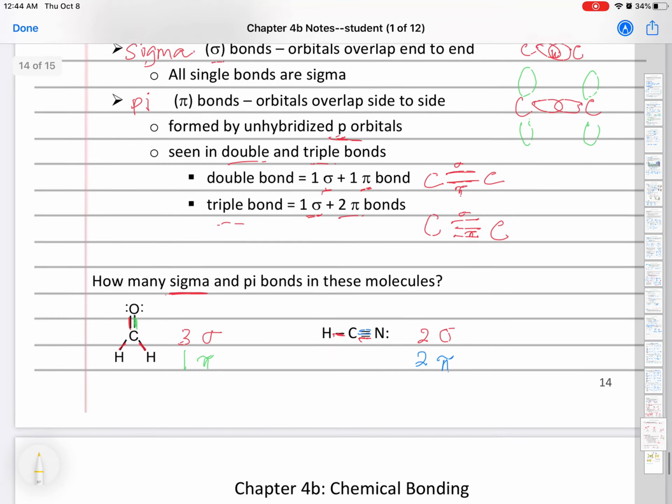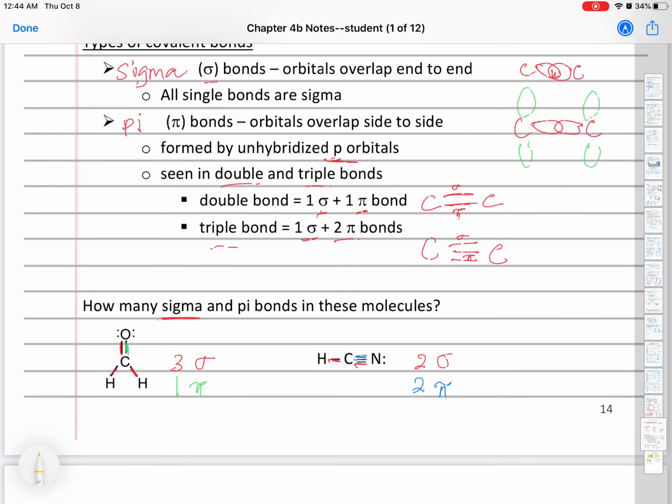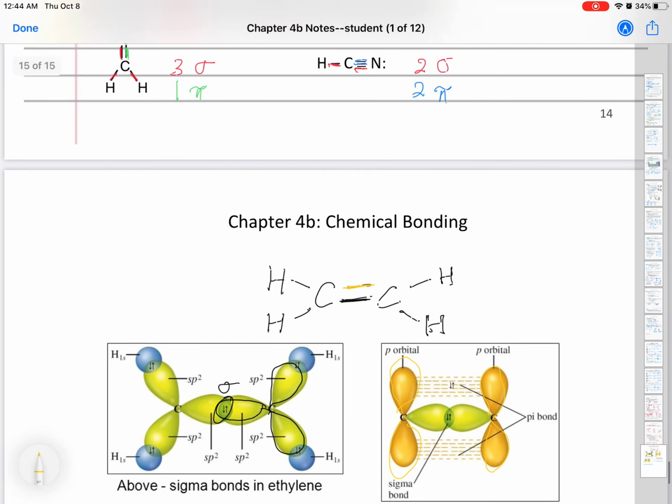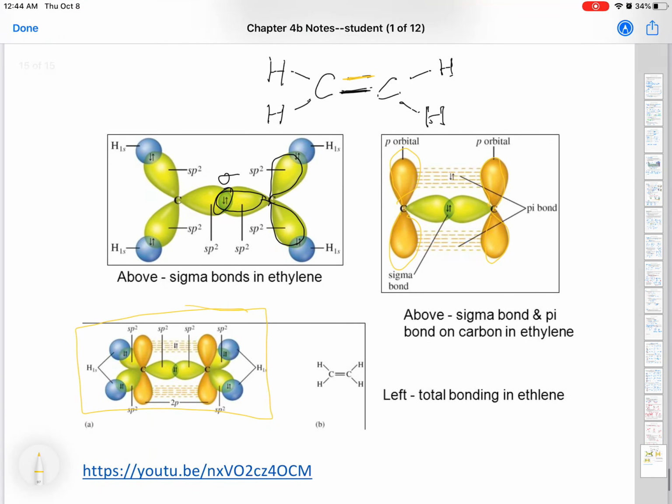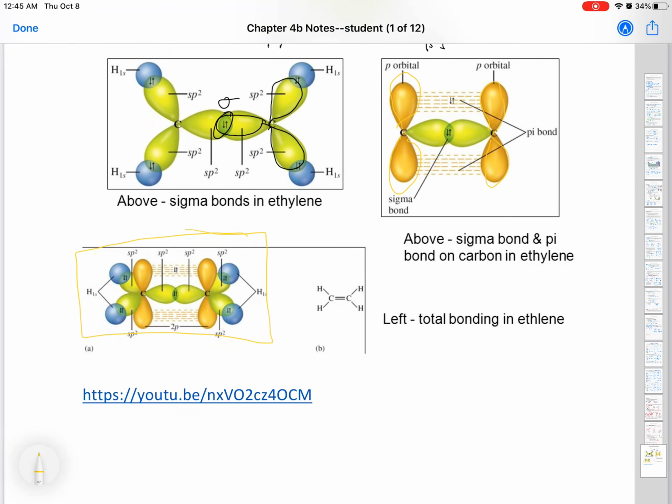in these pictures here. Okay, but all I'm going to ask you to do in terms of questions potentially on tests or homework is to simply count the number of sigma and pi bonds. You won't have to draw them like this. That's very complex. And now